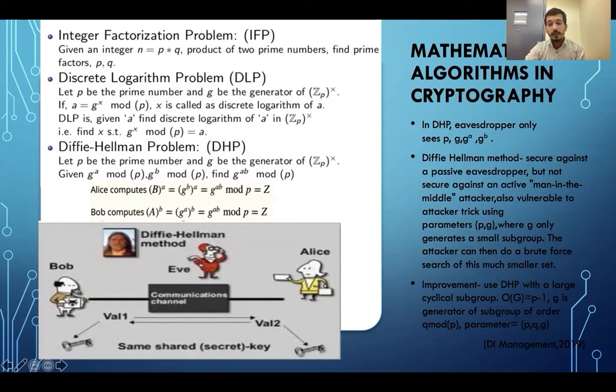We can improve it by increasing the parameters. We give it a large cyclic subgroup, of order dividing P minus 1. G is a generator of a subgroup of order Q mod P, and the parameters are P, Q, G. We increase the parameters, and this is an improvement of DHP. Further moving,